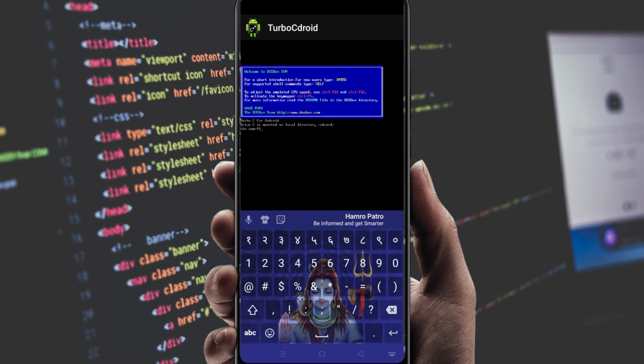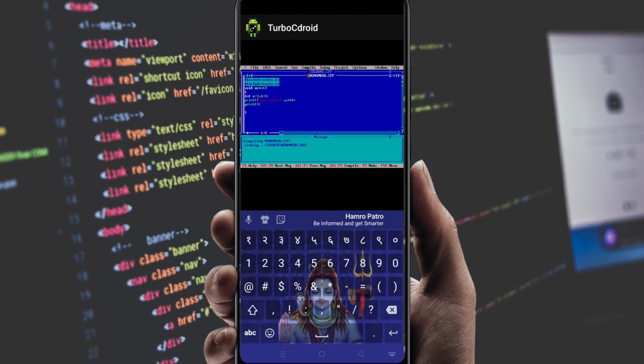Finally our program has run successfully. Here the sum equals 11 is appearing on the screen, and you can press any key to return to our main program. This is the way of compiling and running the C or C++ programs in the Turbo CD-ROID